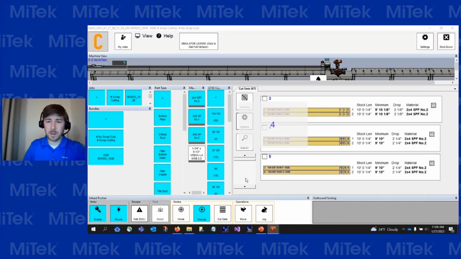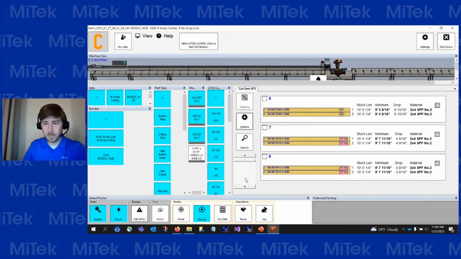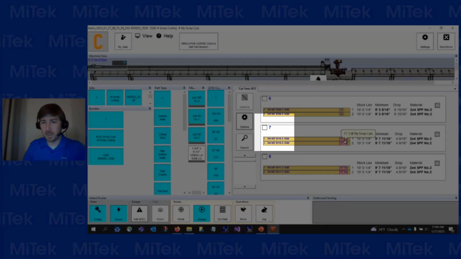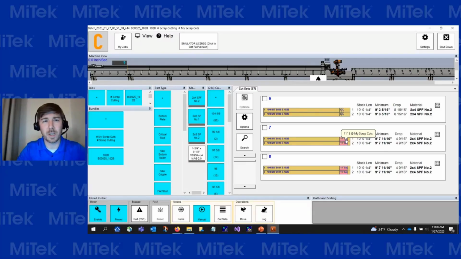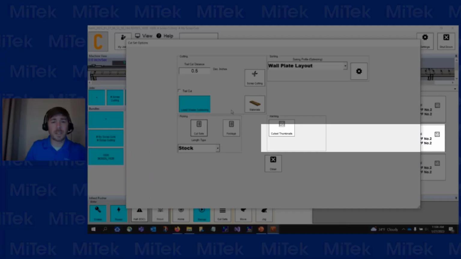And when we go back down to those boards before, since that drop was under 24 inches, it decided to put our 11-inch scrap pieces into there. And that way you can build up a collection of pre-cut blocks of whatever size that you'd like. Going back to the options,